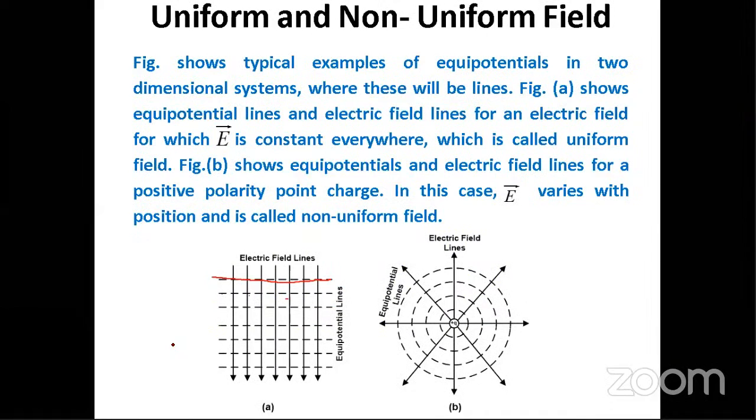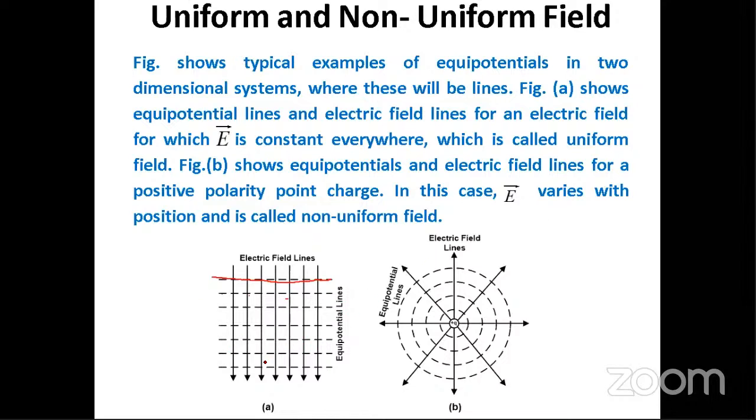Now here, these are things you have to frequently face: uniform field and non-uniform field. What does it mean? Uniform field means that everywhere you measure the field, the field value is the same. You will find this configuration in the case of parallel plates. If you connect these two plates to a battery source, then the field lines,